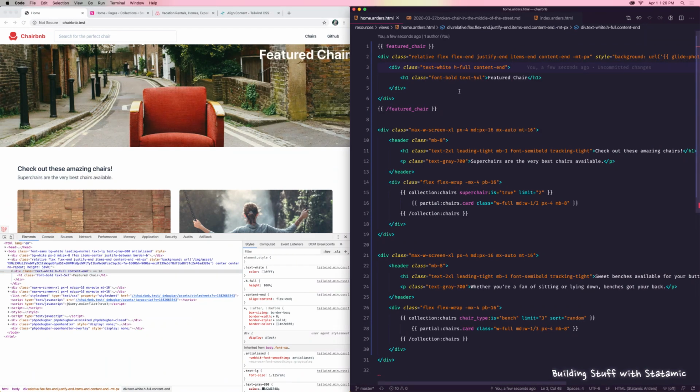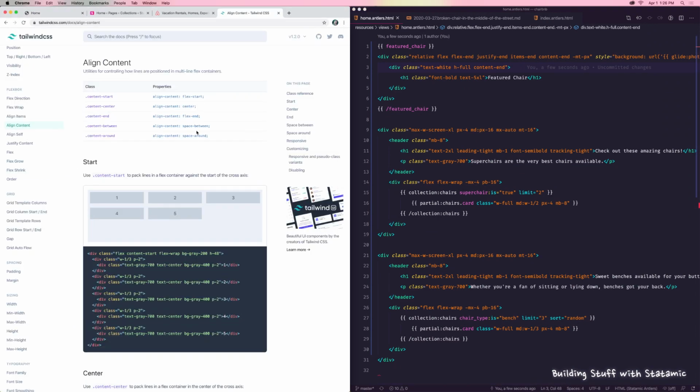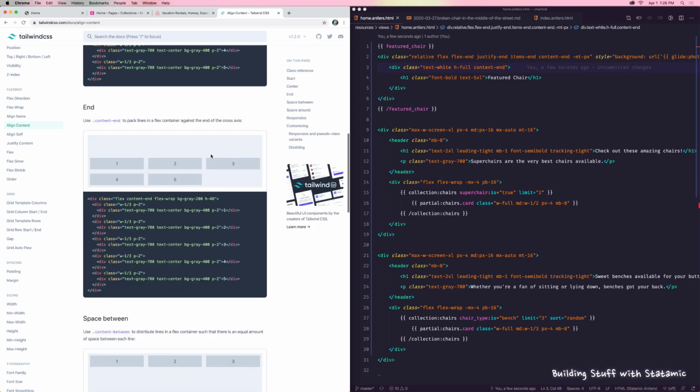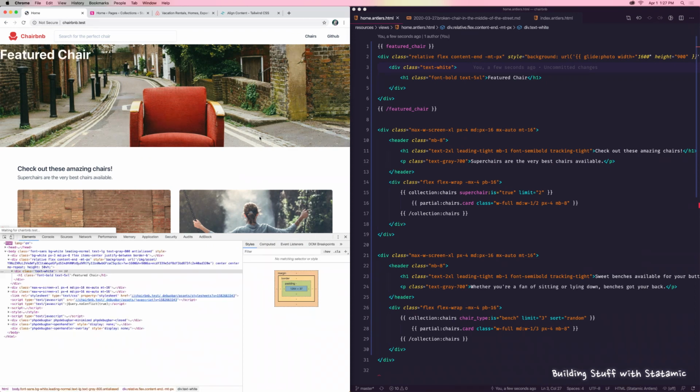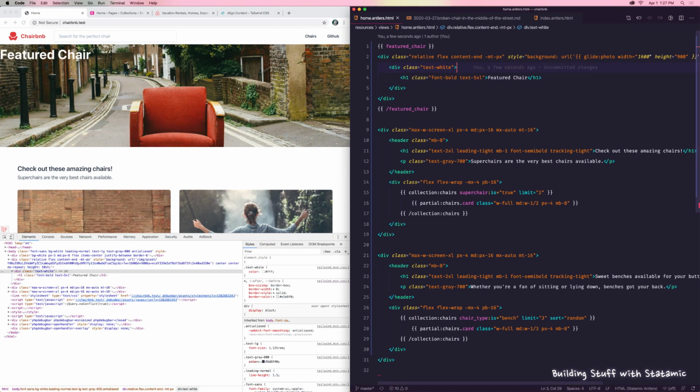You can see what things I use a lot and what things I don't, right? It becomes obvious really quickly when you're live streaming what you actually do on a daily basis. I want content end. Let's take all this stuff out. Content end. Maybe it's because I added height full. I know I only have one item. I just wanted to like,